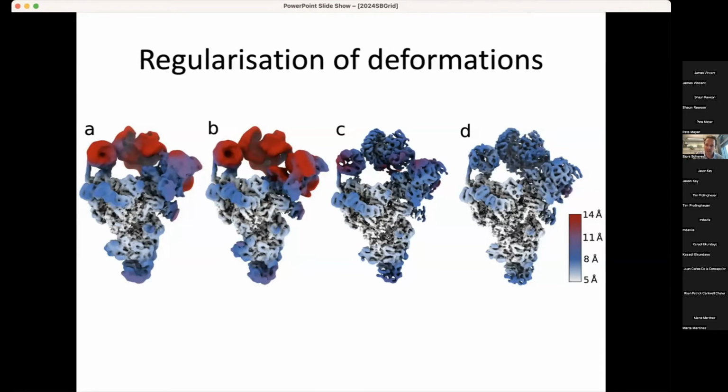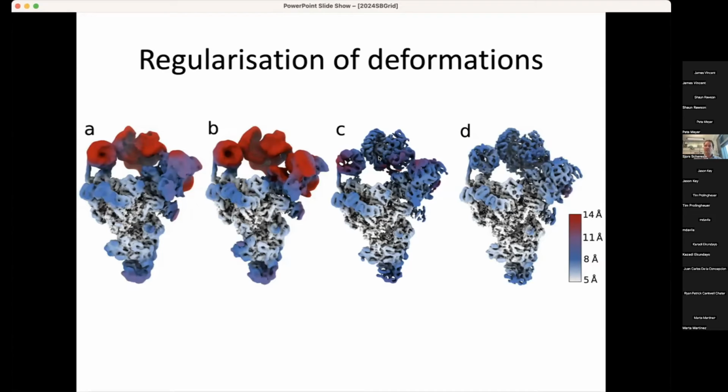Then panel C is an intermediate between no regularization at all and this very strict regularization based on atomic models, where we just filled the map with Gaussians randomly to fill the whole space. And then we apply elastic network type regularizations, which keep Gaussians together, but also keep them from bumping into each other or some Gaussians becoming too lonely.